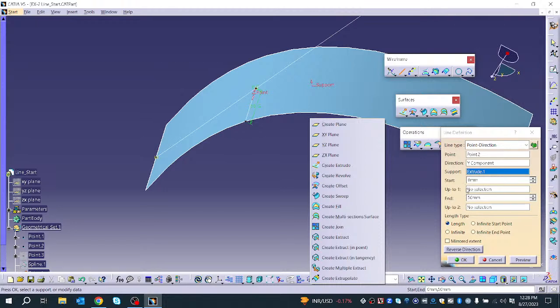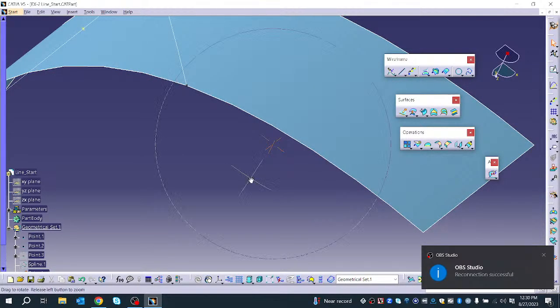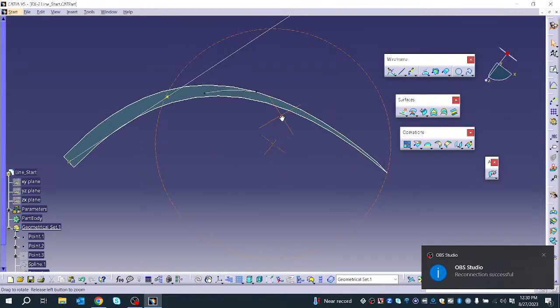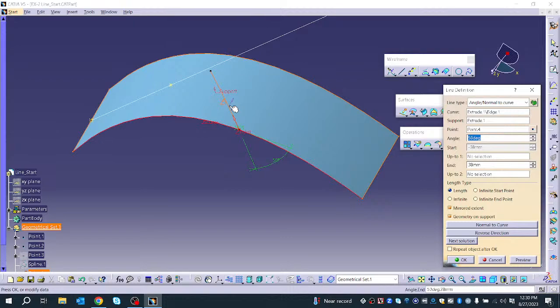Similarly, you can give the starting point, end point, as well as up to element. Now next one is your angle normal to curve. Now you can see the line is created with respect to